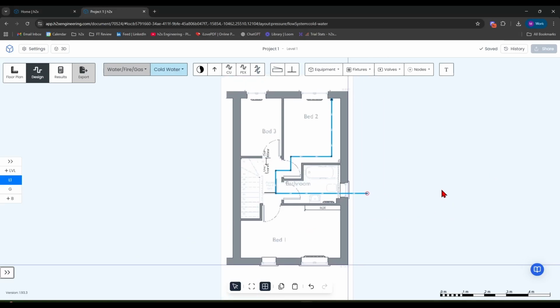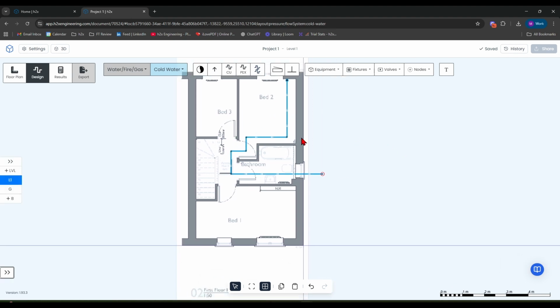If you're looking to use h2x to do a hot and cold water system design, good news, because this is one of h2x's most developed features. I'm now going to run through the specific aspects of this system and run you through all the different tools you can use. Okay, so using the layout that we set out in the basics of design video,